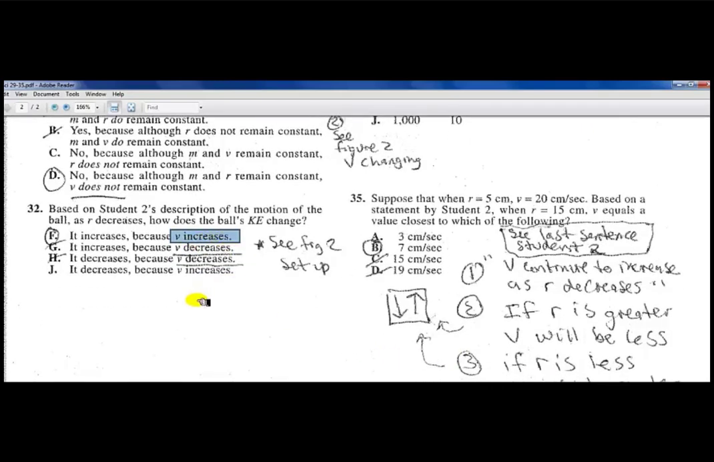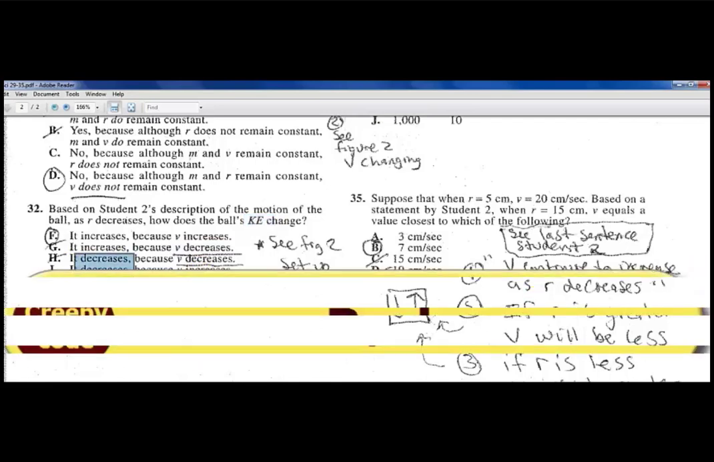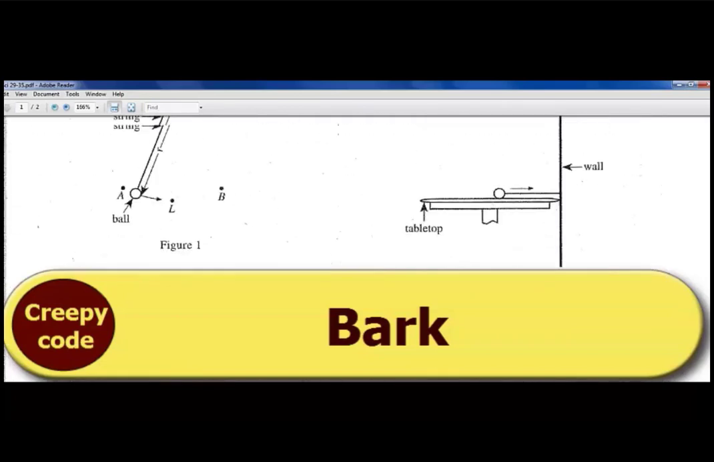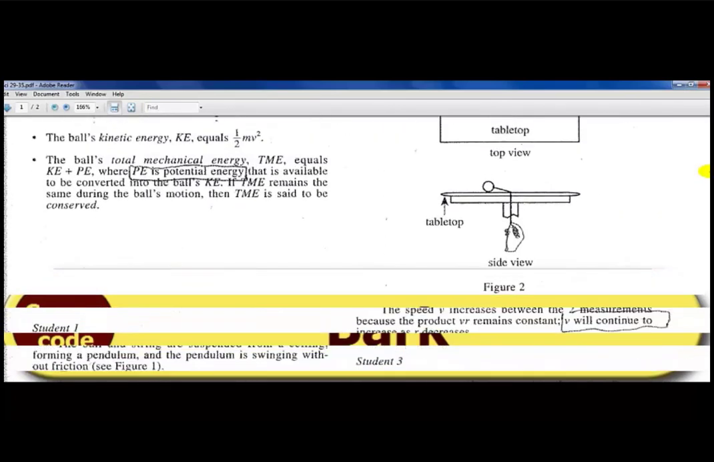as V increases. Let's look at some of the other answer choices and see why. Answer choice G says the KE will increase because the velocity is decreasing. Well, that's not true. You know, the velocity is increasing. We saw that before. And answer choice H and J are both wrong because it says the kinetic energy is going to decrease. Kinetic energy basically means the movement, and it's not going to decrease because if you look at the experiment, the ball is stationary,